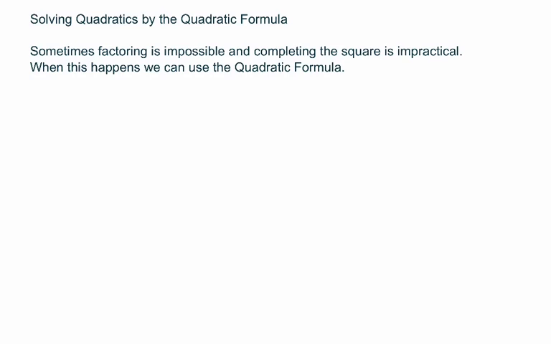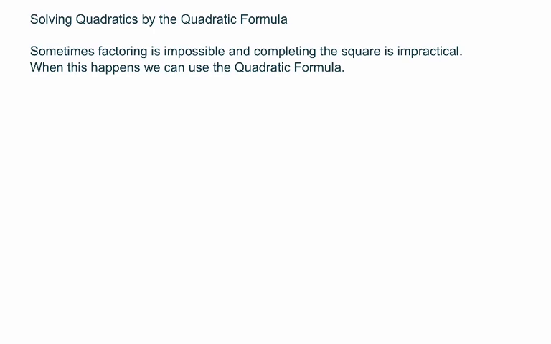Last class, we went over a strategy called completing the square, which works well when your a value is 1 and your b value is even. It does work in all situations, but when a is not 1 and b is not even, you probably don't want to use it. So I have here written, sometimes factoring is impossible and completing the square is impractical, because